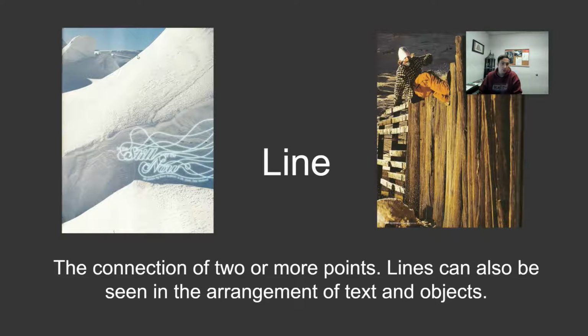And there's also the lines of the snow. The snow has these really natural, smooth flowing lines, which can almost be followed in these lines over here. So there's a repetition to these lines that follows with the repetition of the way the snow moves and the image behind it. So the connection of two or more points, lines can also be seen in the arrangement of text and objects. So this would be an example of repetition of line through